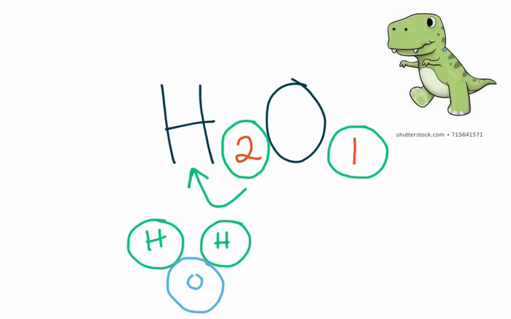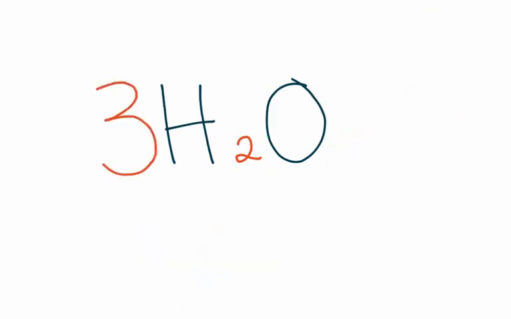I like to think of these little numbers like little T-Rex arms. So those numbers can only reach with their little arms to the element right in front of them. But this can get a little trickier. Sometimes